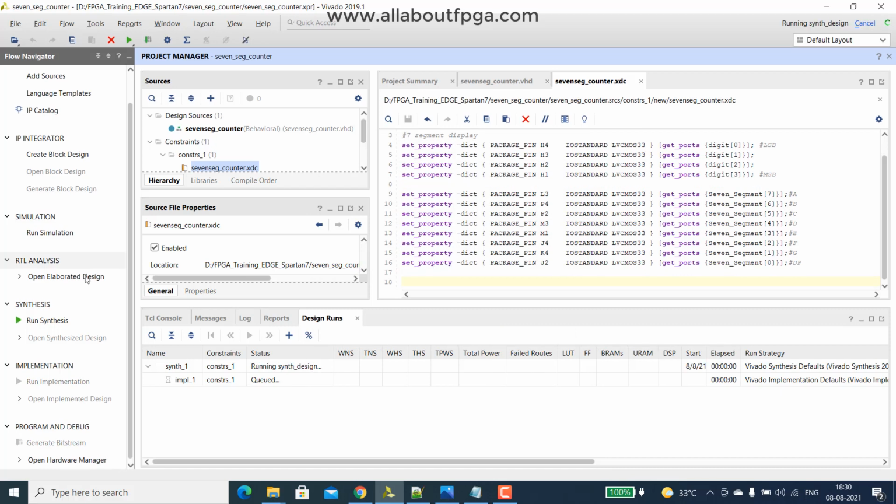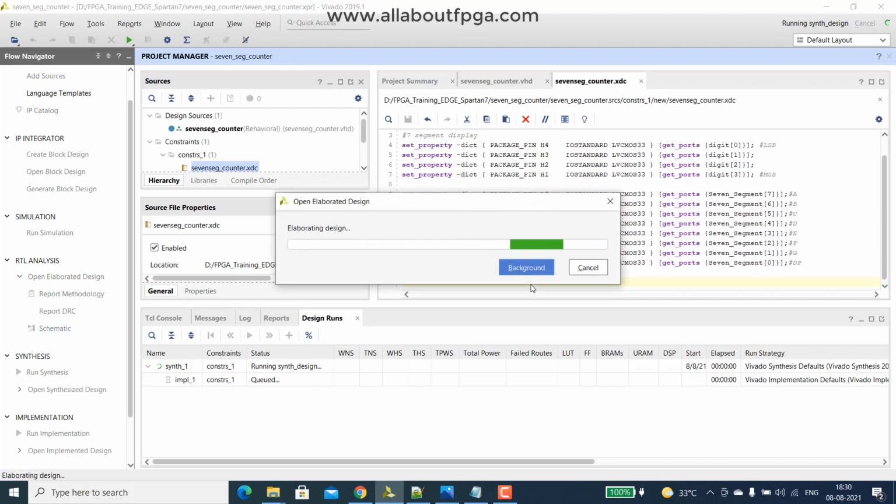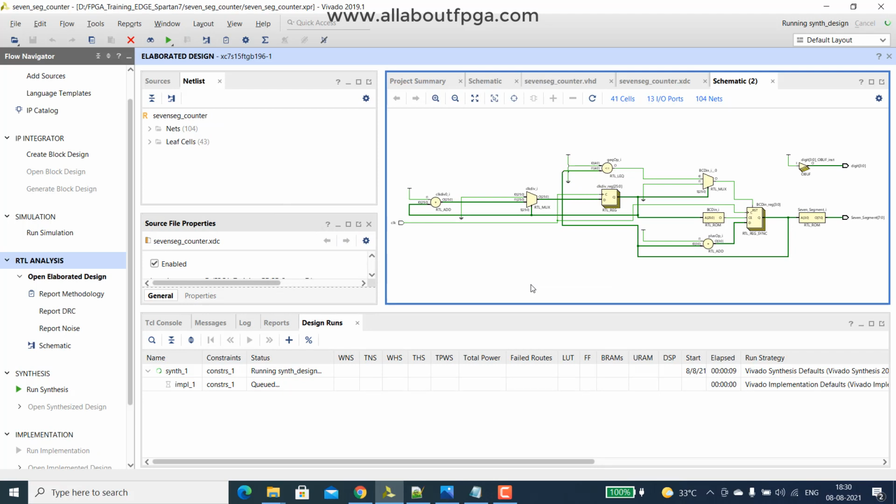We can also visualize the RTL schematic that was created. It is quite difficult to analyze the schematic for behavioral modeling. Structural modeling will display the exact structure we want to create, but in the case of a behavioral model, it will create a complex design.